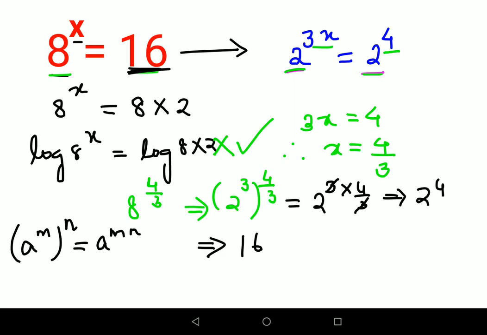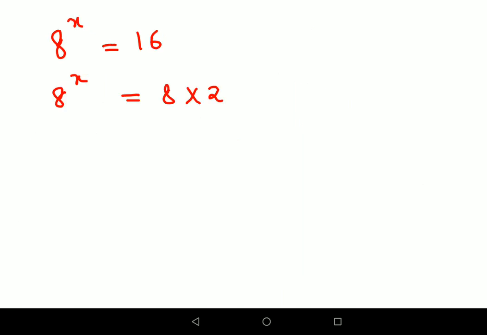So I hope you have understood how to do this. Now, for those who want to figure out how to do this in terms of log, there are times when this method doesn't click. Then what do we do? In that scenario, like I said, we'll put the constant in terms of 8. Then next we'll put log on both sides.